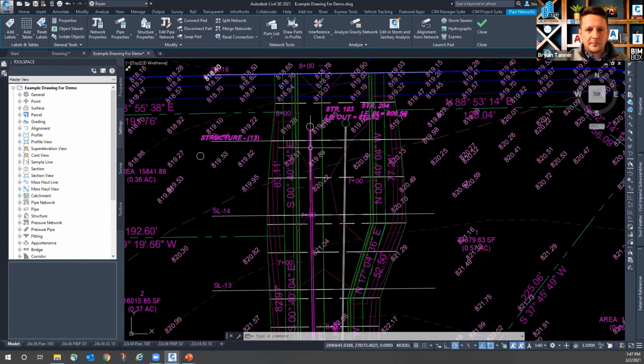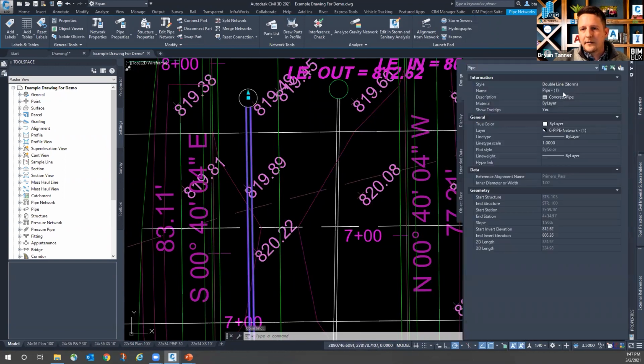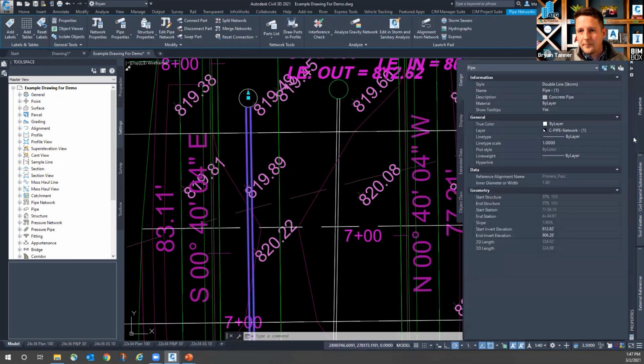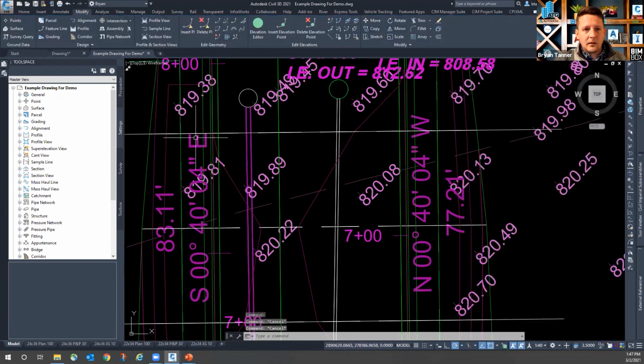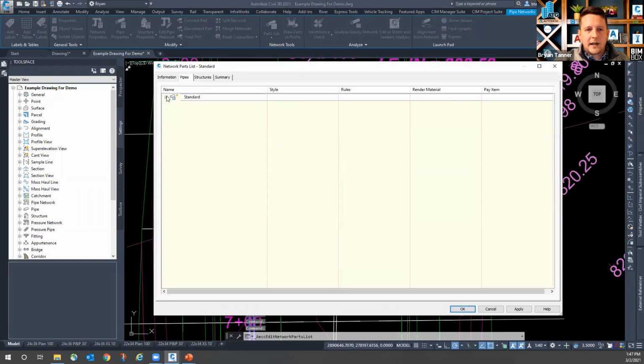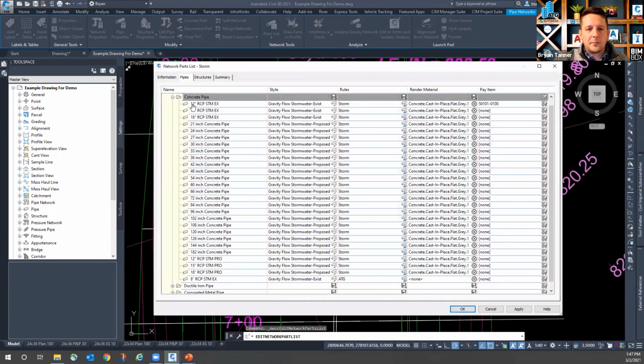Another thing that is critical, I believe this is my storm network, and if I select that pipe, yep, it's a 12-inch pipe. Looking at that pipe, I believe that was also the RCP. It's a concrete pipe, 1 foot diameter, 12-inch pipe. But if I go to my parts list and edit my parts list, you'll see that I don't have anything named that way anymore. Go to the storm parts list. If I look at my concrete pipe, my 12-inch diameter pipe,